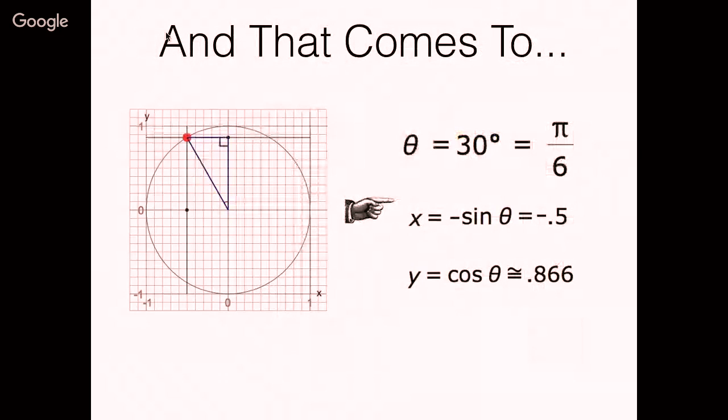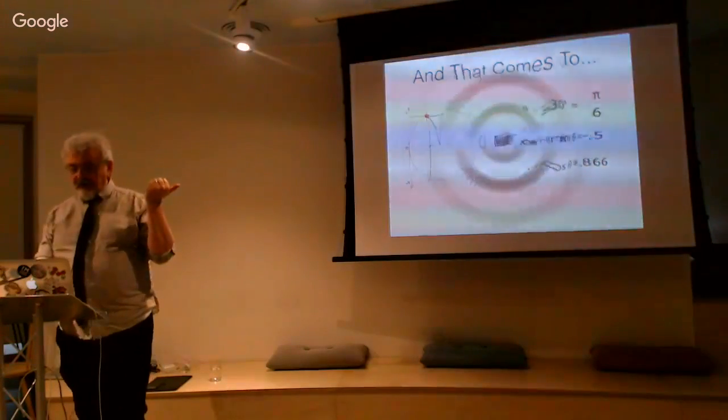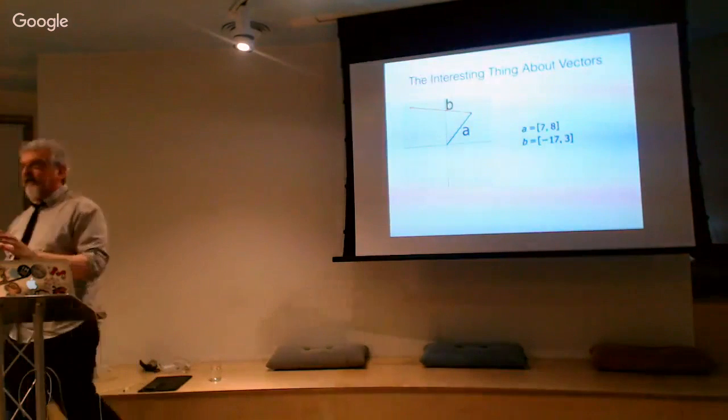We know that when you rotate a thing that goes off to the right, that's just like a unit vector in x, then we get a little bit of the new x from that rotation and a little bit of the new y from that rotation. And also, when you start off with y being 1, a unit vector going north, then you get a little bit of the x from the y rotation, a little bit of the y from the y rotation. And if you put them together, before we do that, an interesting thing about vectors.